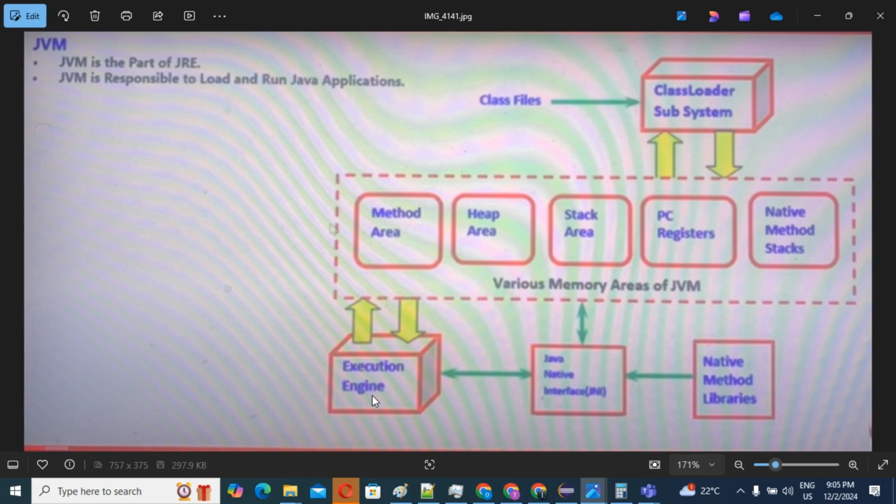After saving it, we need to run this .class file, and for running this loaded .class file we need one person. That person's name is execution engine. It will run the application which is already loaded by the class loader subsystem.